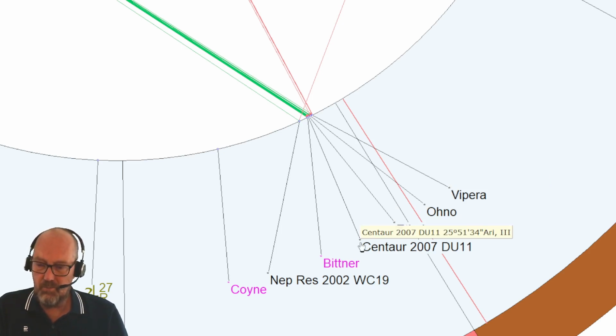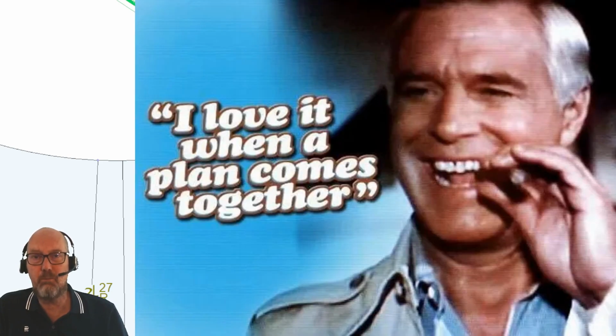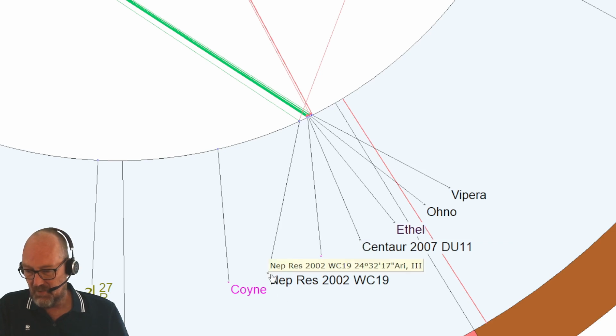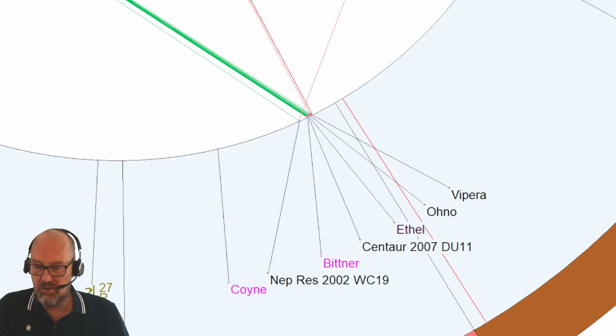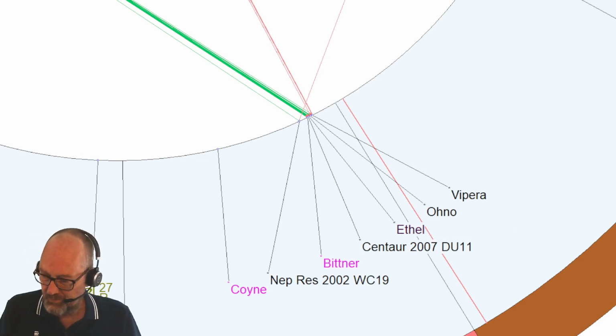But the reason why I came to this whole idea of Hannibal Smith, I love it when the plan comes together, is, again, thanks to our friend Benjamin. He has meanings for these two unnamed asteroids that put the picture together. First, that Centaur 2007 DU11 is about a converging synergy. He says, a great end result after years of preparing, a unique destination, a great victory, a climax, apotheosis.